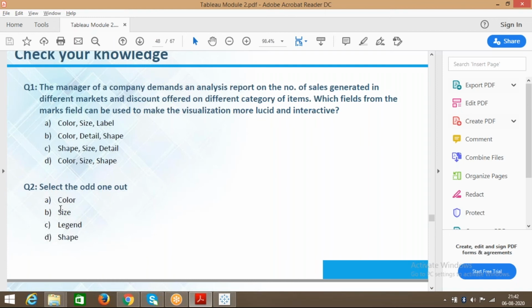Any answers? Okay, how about the next one? Select the odd one out.